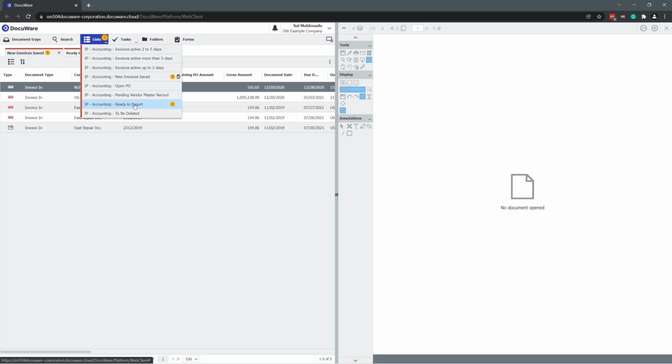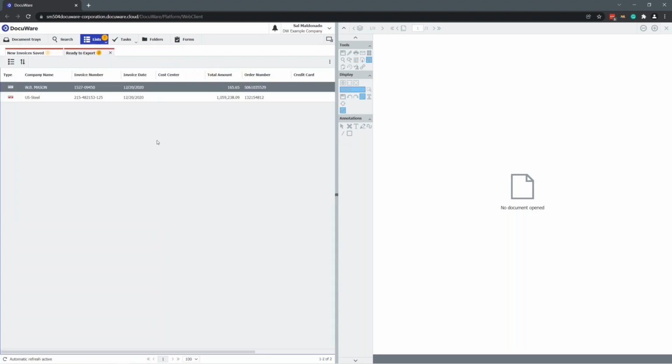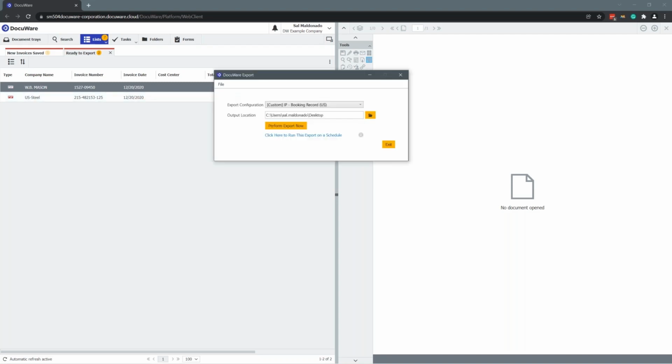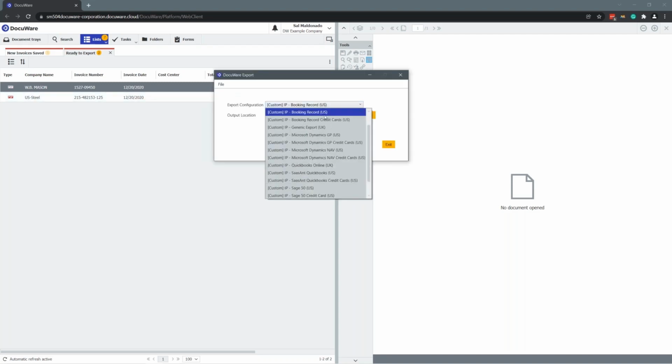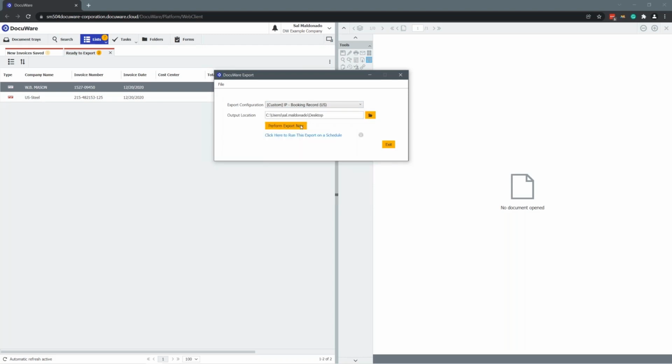But now we've collected all of that data and made it easy for you to pass that over to your ERP, or maybe your QuickBooks or your Sage, for example. During the training process, we'll teach your administrators to use our export tool. This export tool is an easy connection that allows you to select multiple types of applications as well as